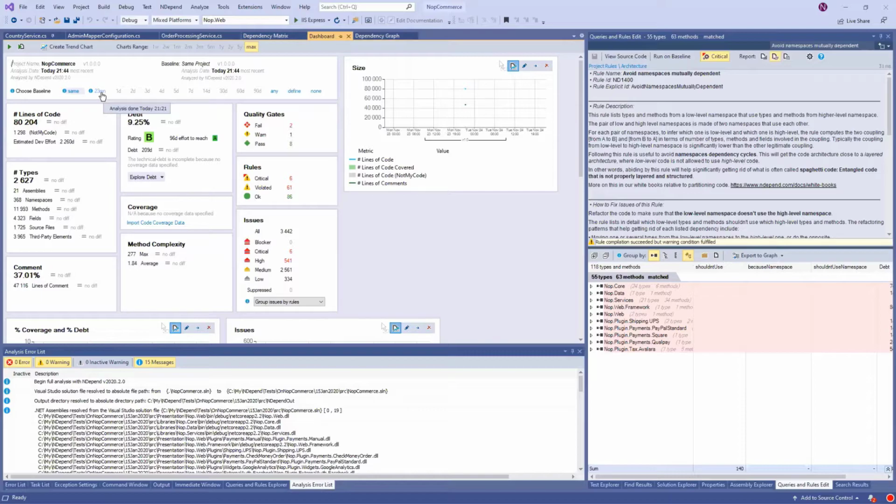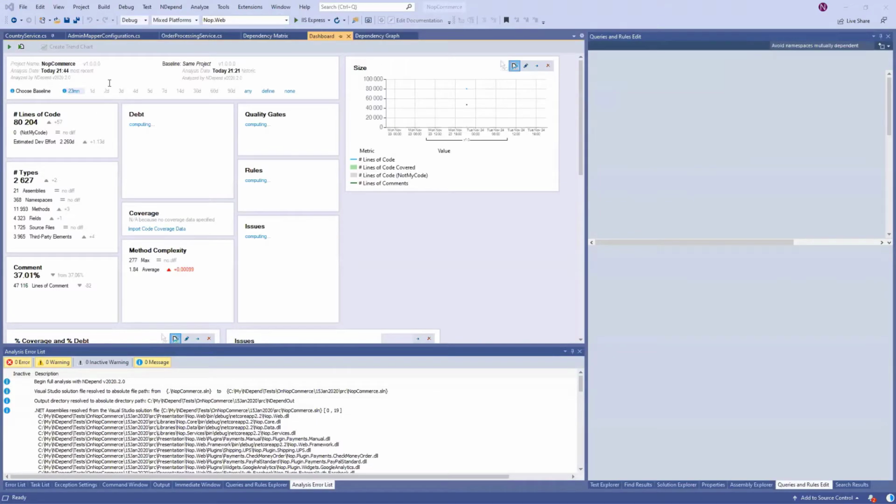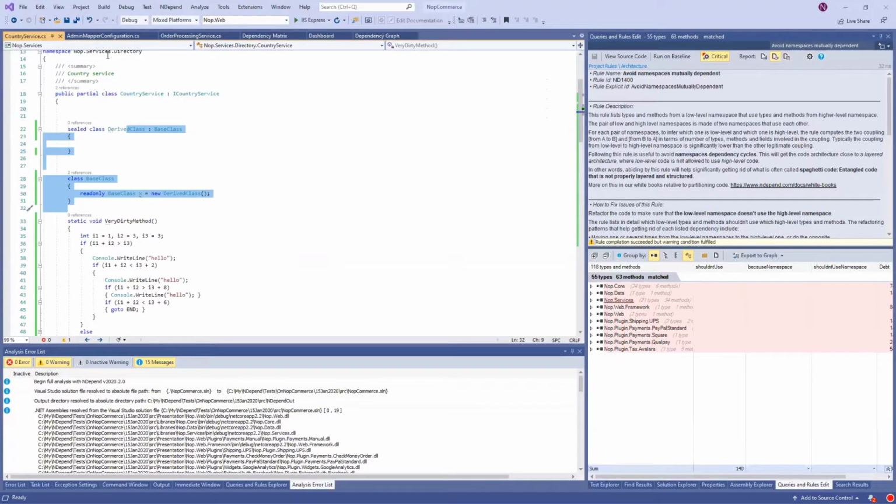Why he didn't see the diff, because the baseline was the same. So I just have to click the 23 minutes. Yes. So now, 23 minutes ago, I did the first analysis, and now it's comparing again this analysis result. And what it tells me is that I've added 57 lines of code, and I've added 2 types, which is true, as we just saw in country set services.